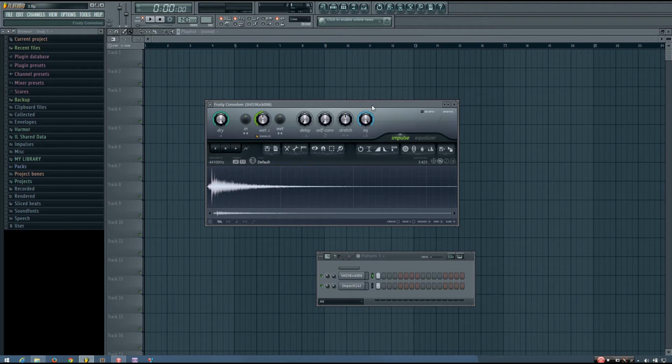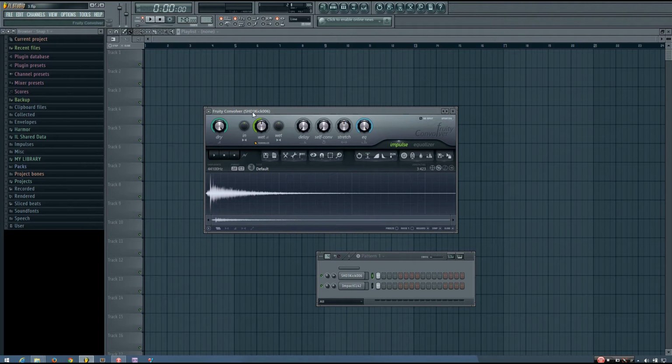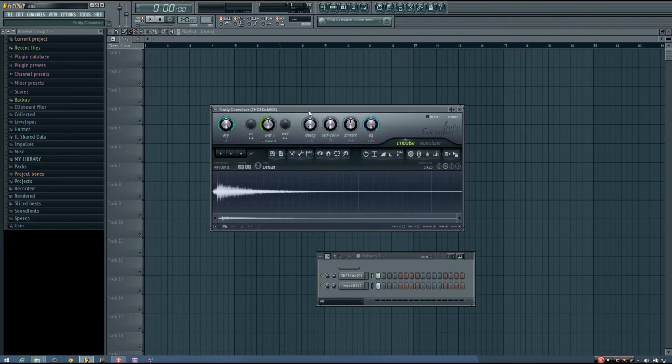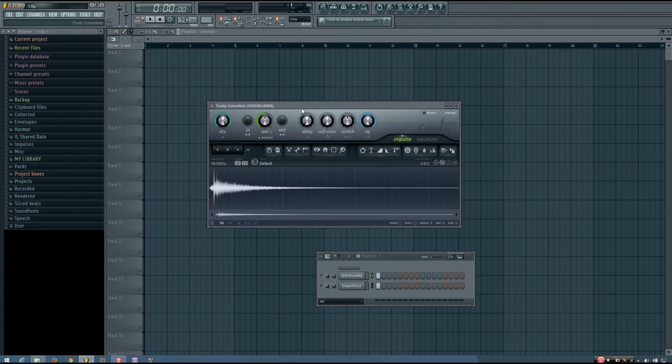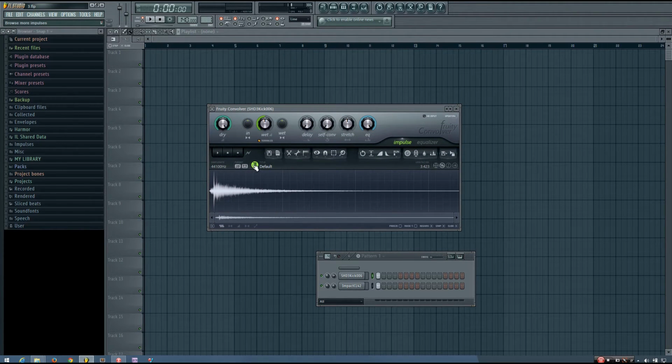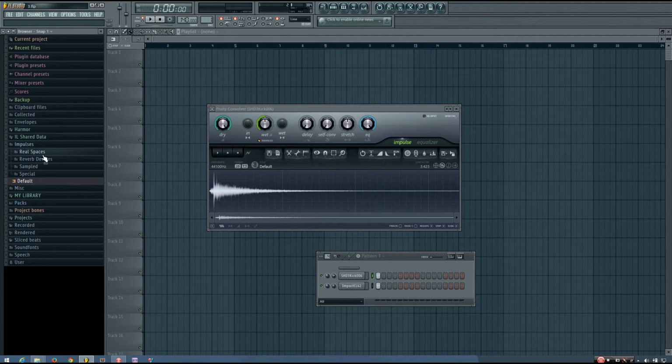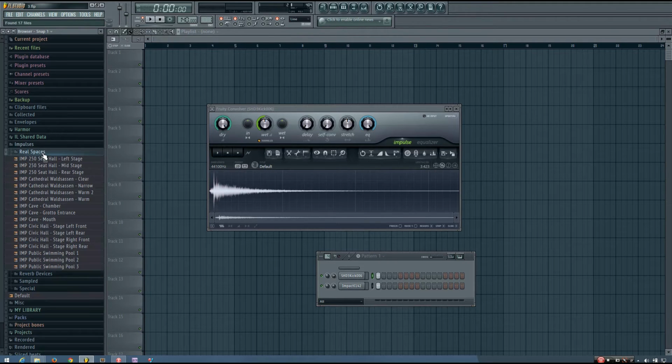So in FL Studio, you have the Fruity Convolver, which is a convolution reverb plugin. And you can browse through some impulses that already come with FL Studio by clicking on the Impulses folder in FL Studio. Or if you have the Fruity Convolver loaded up, you can just click on this icon right here and it will open that automatically. And then you have a few different categories to choose from, real spaces,